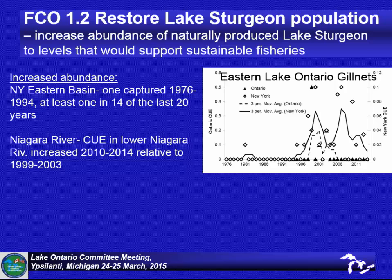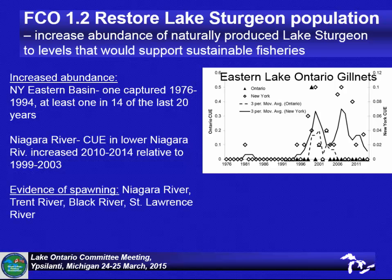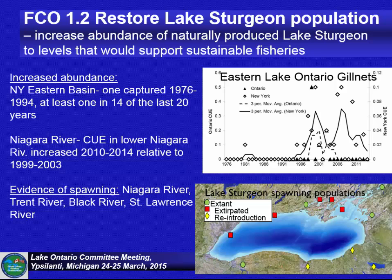The other indicator for lake sturgeon is reestablishing mature spawning populations in historic spawning locations. We do have evidence of spawning at the Niagara River, Trent River, Black River, and the St. Lawrence River. There are efforts, DEC working with Fish and Wildlife Service, to stock sturgeon at locations such as the